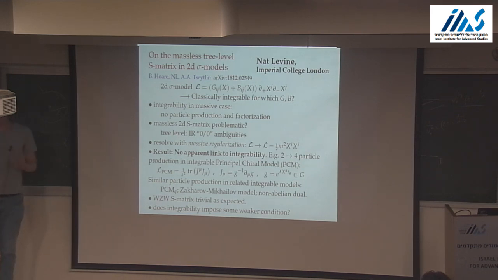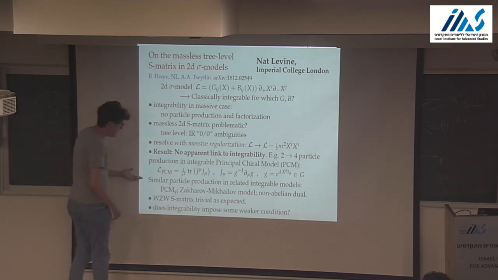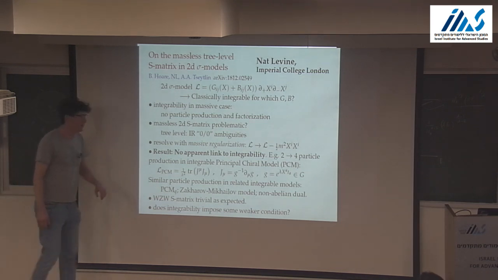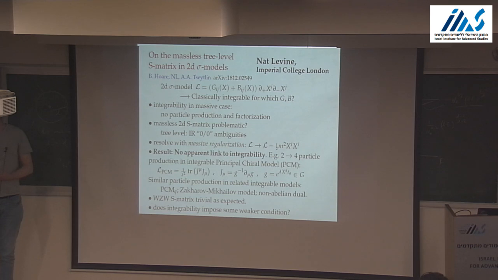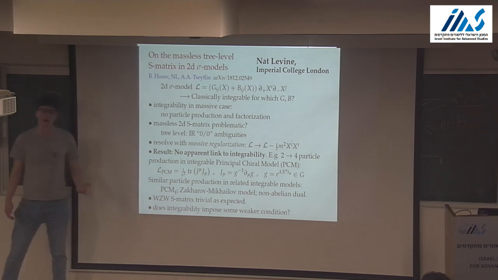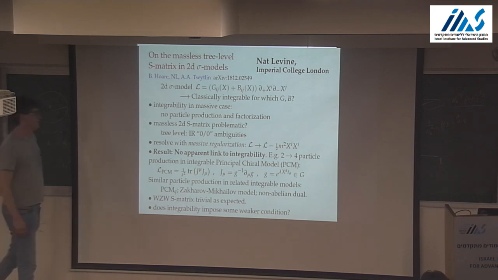So this really goes against our intuition from integrability, that classically integrable models should have no particle production. At least in the massive case, that's our intuition. And we found similar particle production amplitudes, 2 to 3 amplitudes, in a whole host of related integrable models. I'll just say now what these are. PCM_Q denotes the principal chiral model deformed by a Wess-Zumino term with coefficient Q. The Zakharov-Mikhailov model is a classical dual of the principal chiral model, just at the level of the equations of motion, not at the level of the action. And lastly, the